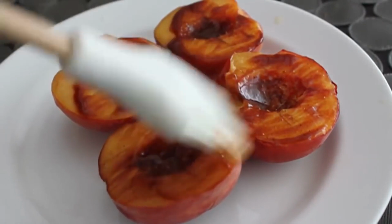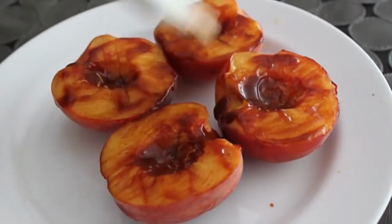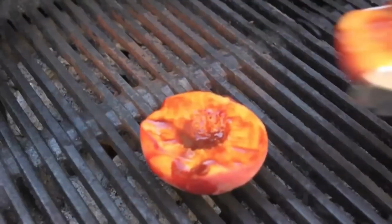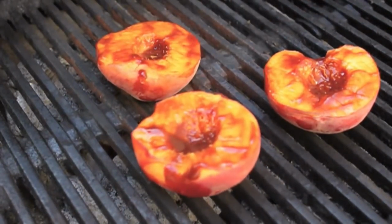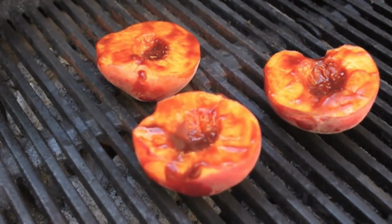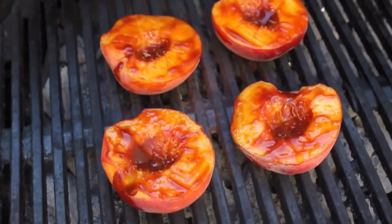All right, and then we're heading out to the grill where we've already used the grill. We've already cooked some delicious meat or meat-like products. We're ready to eat pretty much. We're letting the meat rest. We got about 10 minutes. Let's do these peaches. So I'm going to put those skin side down over the coals, and we're just going